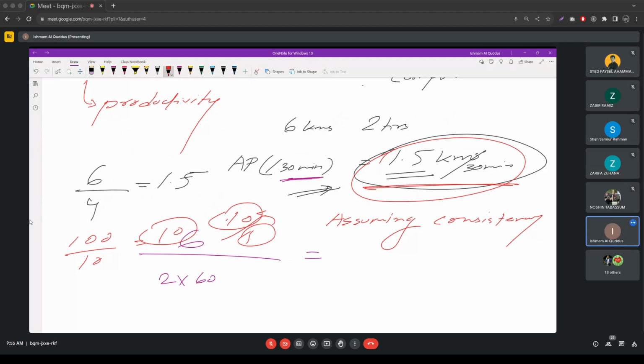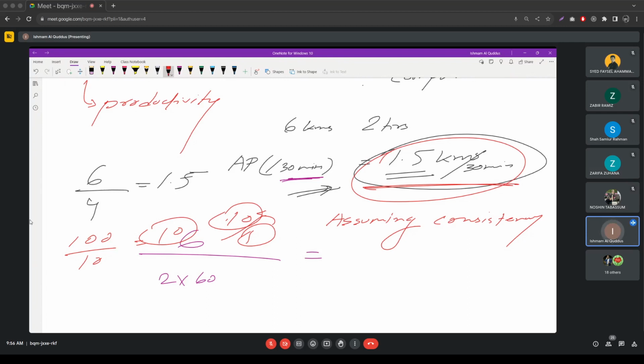You won't, right? Because when you started walking, in the first 30 minutes you might have covered a lot, let's say 3 kilometers. In the second 30 minutes, you covered, let's say, 1.5 kilometers. So you have already covered 4.5. Now, in the last 1 hour, let's assume you covered 0.8 and 0.7 respectively. So the problem with the average product, or this calculation, is